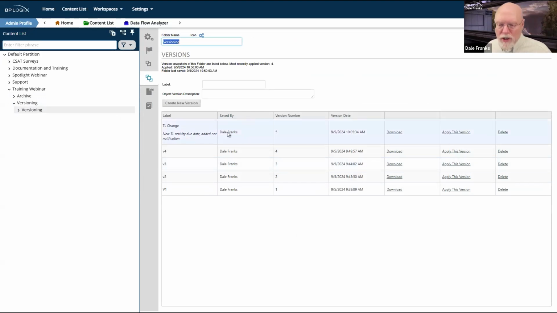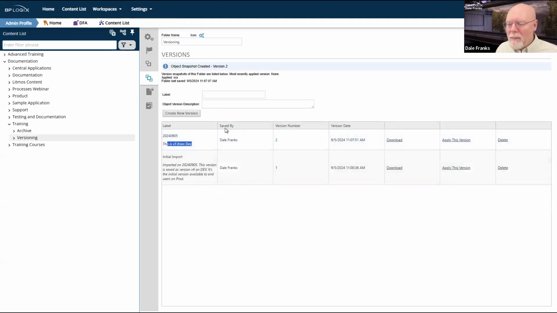And just as I create a new version every time I import into my production system, and that should be immediate, I import the folder, go into the folder, immediately version it. I want a nice, crisp, clean version of that import so that if I have to roll back to a previous one or whatever, I can always do that via the apply this version link.